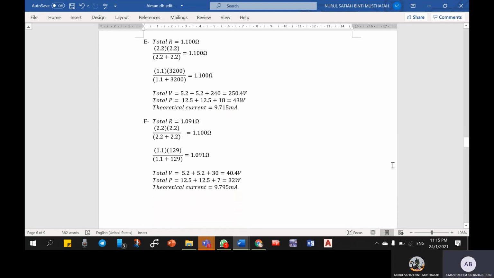For circuit E, the total resistance we acquire is 1.100 ohm. The total voltage is 250.4 volt. The total power is 43 watt. And last but not least, the total current is